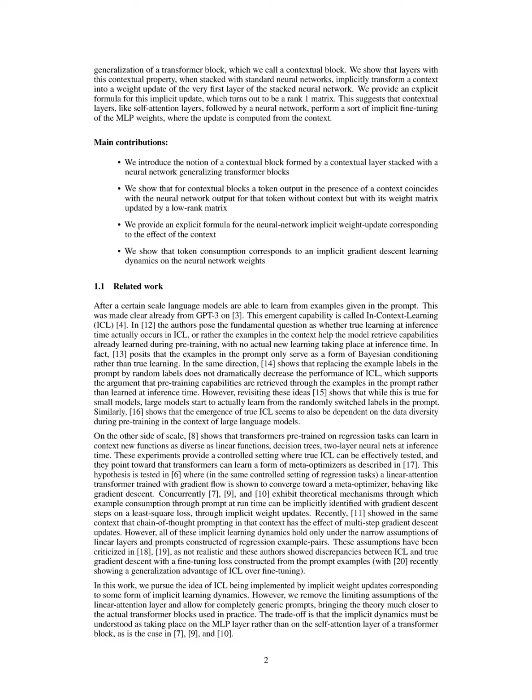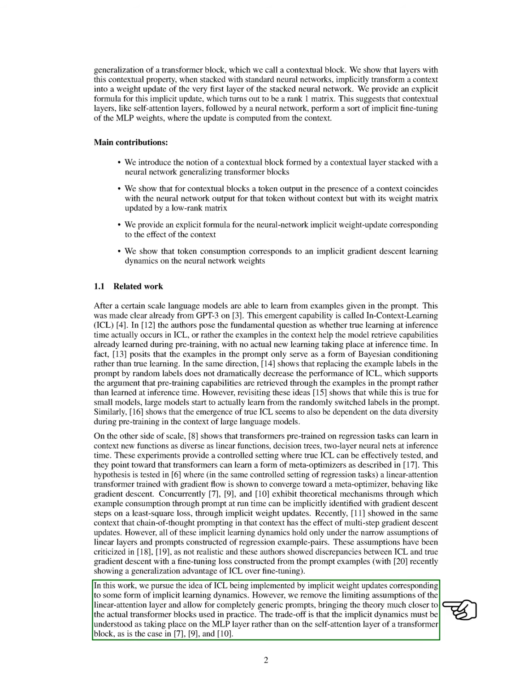Section Summary. In this section, we explore the emergent ability of large language models, LLMs, to learn from context during inference, known as in-context learning, ICL, and propose that this process involves implicit weight updates rather than explicit changes to model parameters. We introduce a generalized transformer block, termed a contextual block, which allows for these implicit updates to occur, suggesting that contextual layers can effectively fine-tune the weights of neural networks based on the provided context.